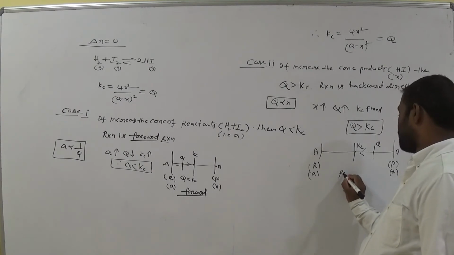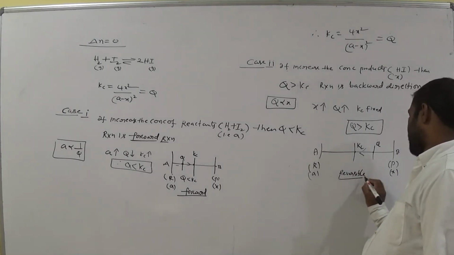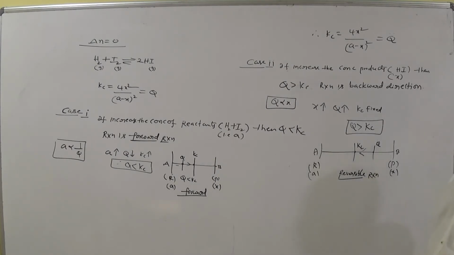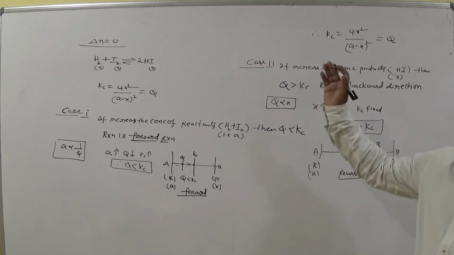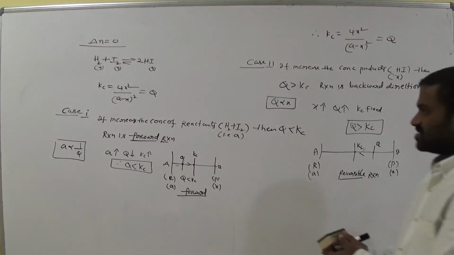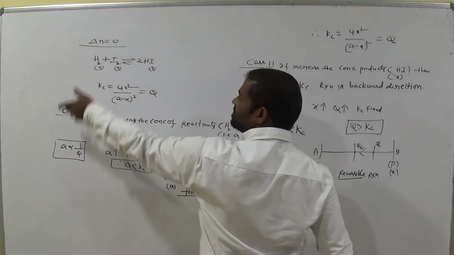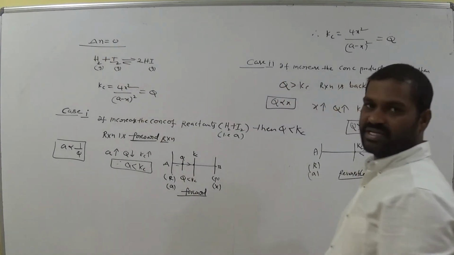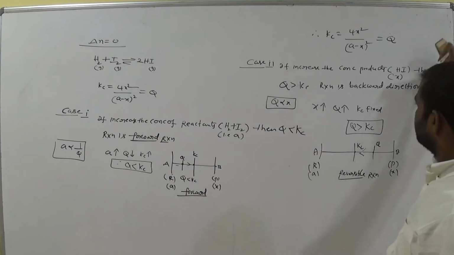Which direction? This is forward, this one is backward direction. Clearly it is a reversible reaction. That means the reaction moves towards H2 plus I2 from HI. Reversible means in this direction, the reaction HI to H2 plus I2. Forward means H2 plus I2 gives rise to 2HI. Is it clear, all of you? Very good.